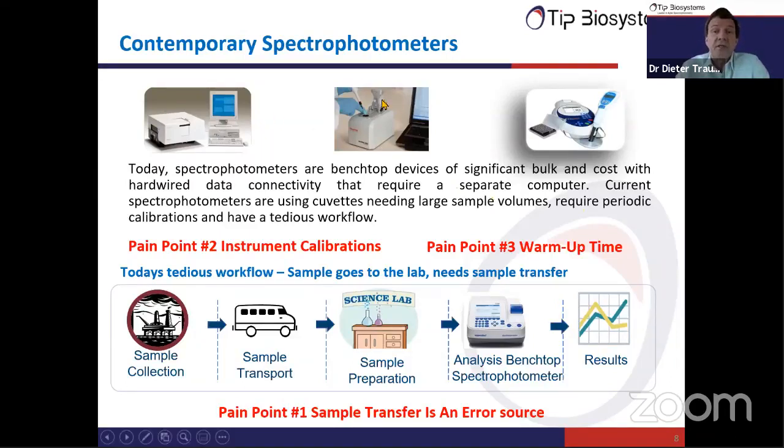This is a picture here in the center top of such an instrument, which is still a benchtop instrument, and it's still wired to a notebook computer. So that's one of the pain points: the benchtop instruments need large sample volumes, and they also need certain calibrations,